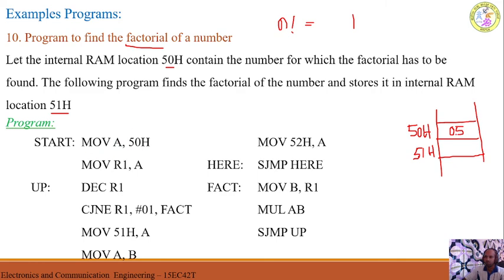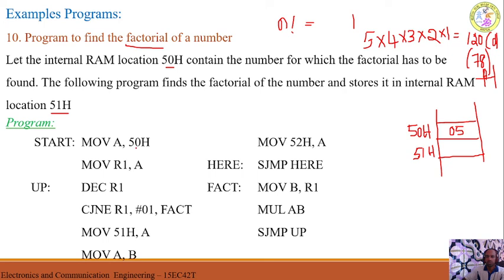We know how to find out the factorial of 5. How to do that? That is 5 multiplied by 4 multiplied by 3 multiplied by 2 multiplied by 1. We know that the factorial of 5 is 120, and in hexadecimal I think it is 78. Check it once again: 78, that is 16 times 7, 112, plus 8. 78 in hexadecimal, that is 78h, whereas in decimal it is 120. Now here you should get 78h as the answer because it is in hexadecimal.